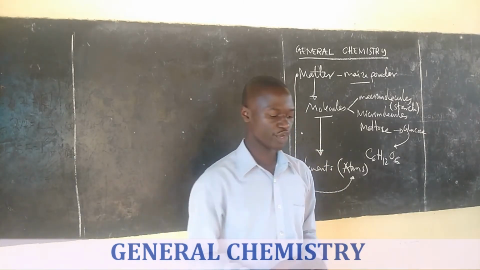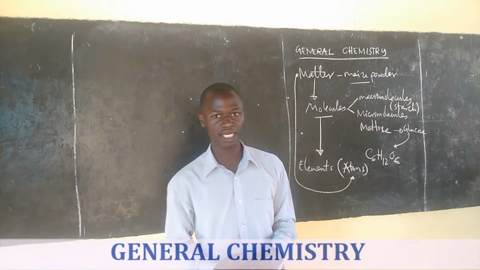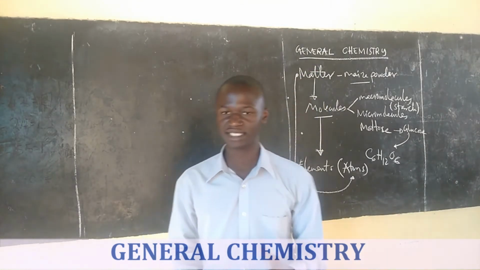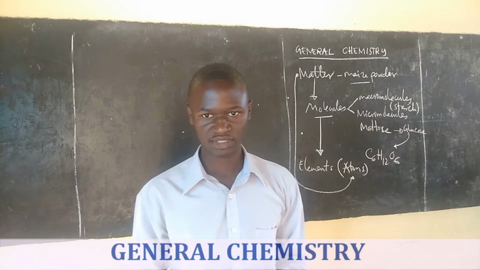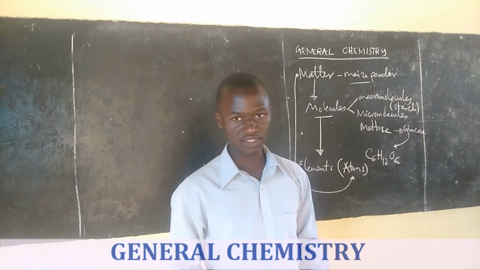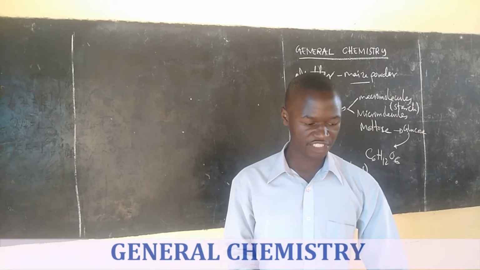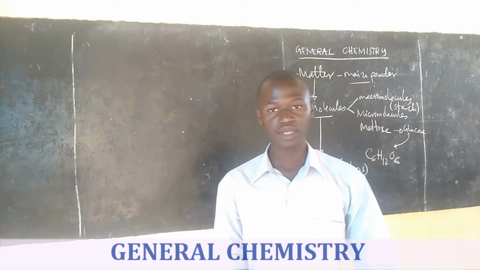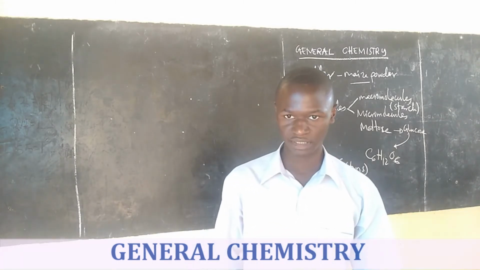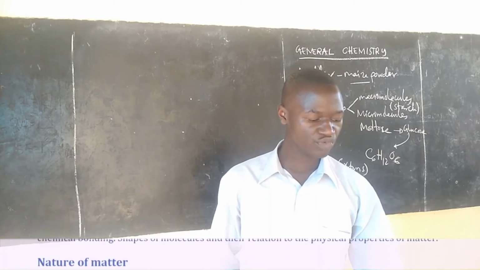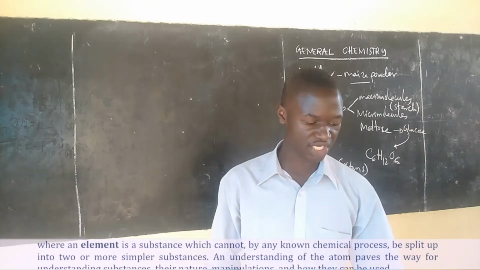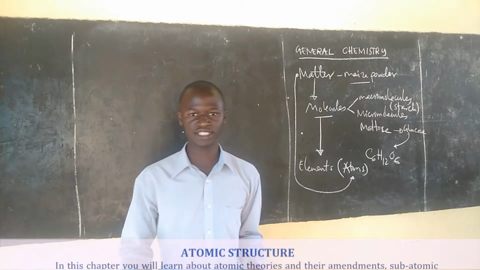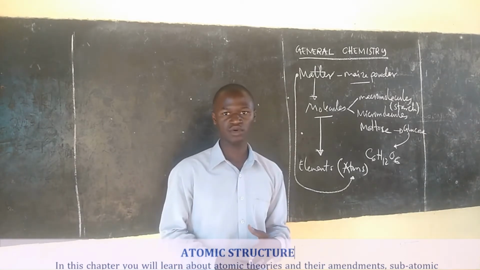Now from there, we can move to start our discussion about atomic structure. We have already introduced the nature of matter, that all matter is made up of atoms. Now let's discuss atomic structure in the first part of our topic of general chemistry, and in the second part we'll be discussing bonding. Bonding is discussing how these atoms are bonded to each other to give a structure which is stable and which can perform a certain function, or be used in a certain way.